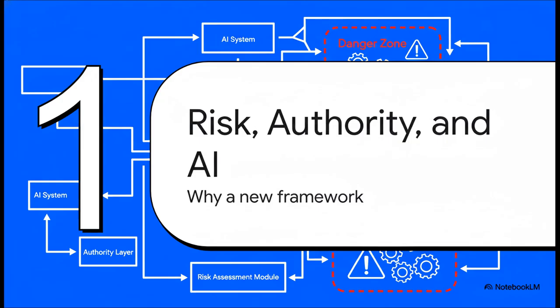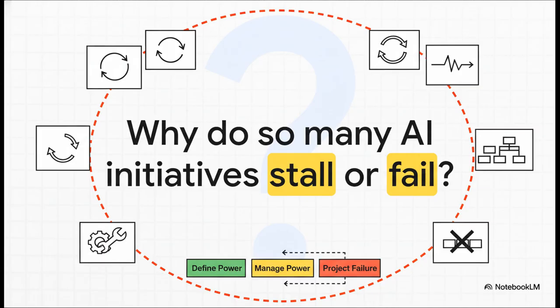With so many AI models and frameworks already out there, why do we need another one? Well, it turns out that a lot of them completely miss the real source of danger when we're building these incredibly powerful systems. We've all seen this happen, right? A super promising AI project gets bogged down, or it just completely fails to live up to the hype. So what's the common thread?